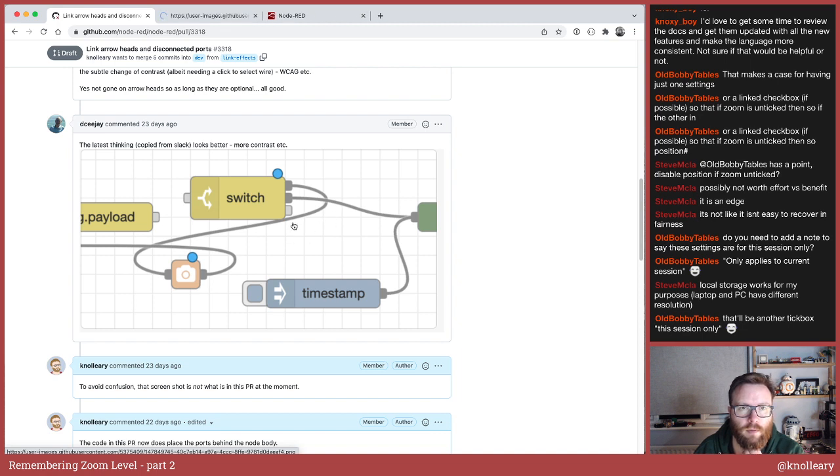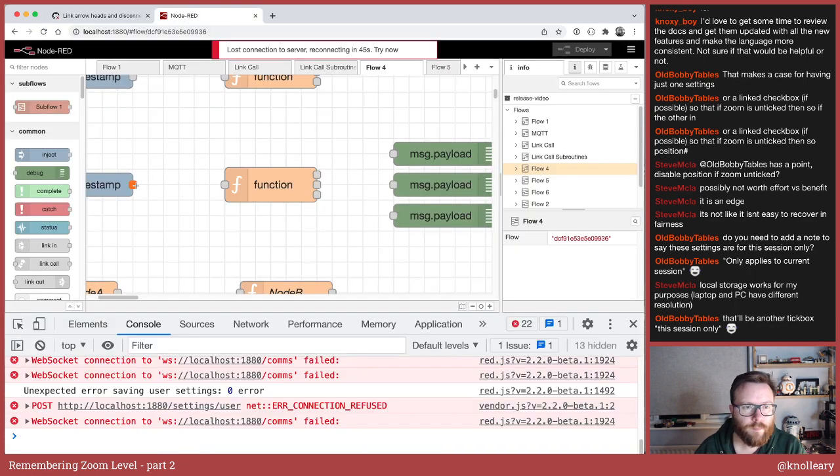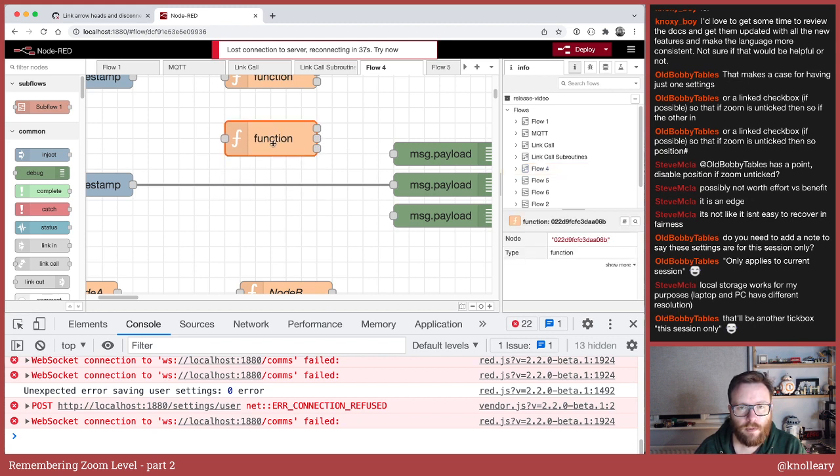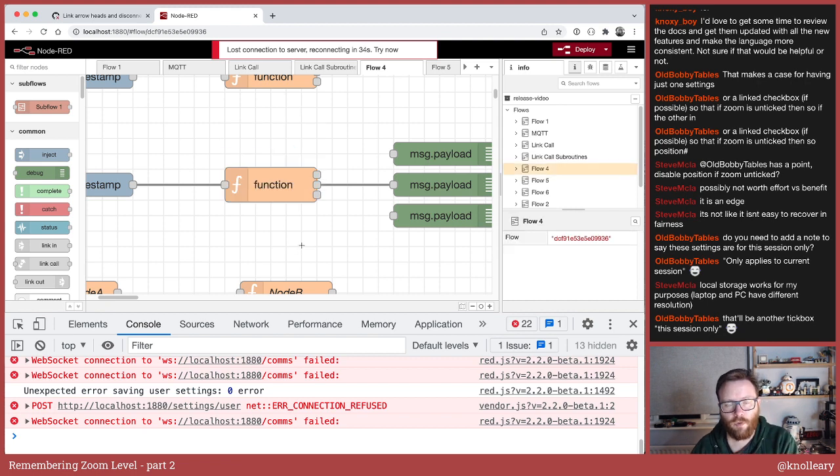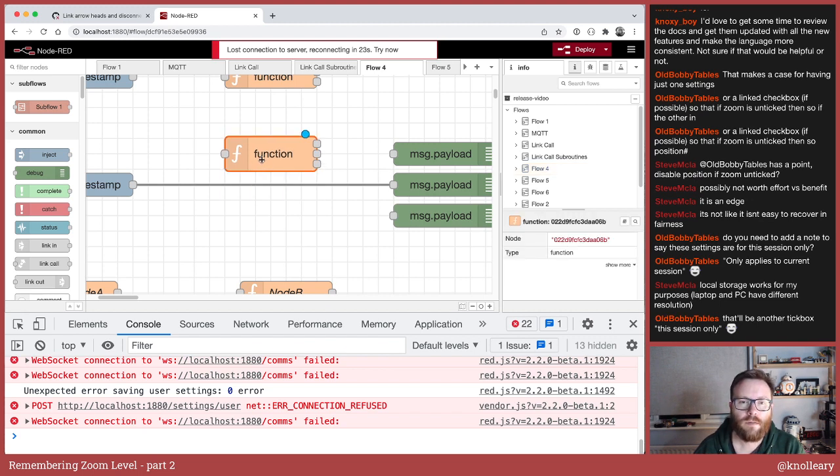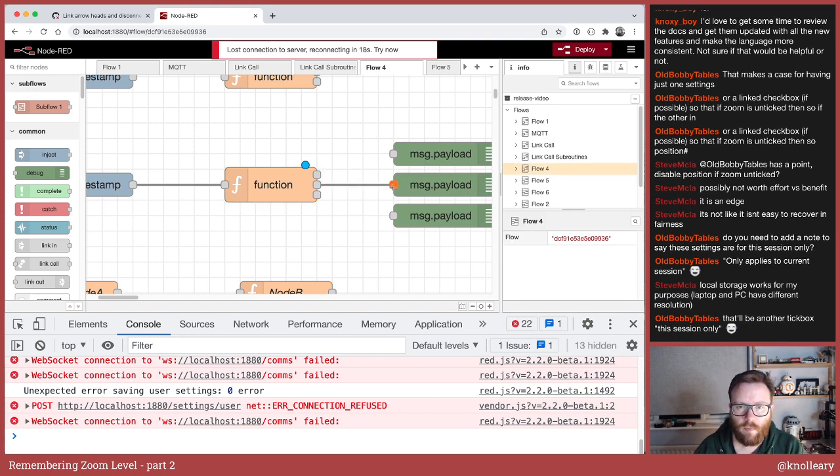So it's easier to instantly see ports that are connected. If you had a node lying on top of a wire, if I connect those two, there's nothing visually telling you this function node is not on that wire. But it's not part of that flow. You can't tell the difference between that and that. It is pixel identical. Oh, yeah, except when it's that.